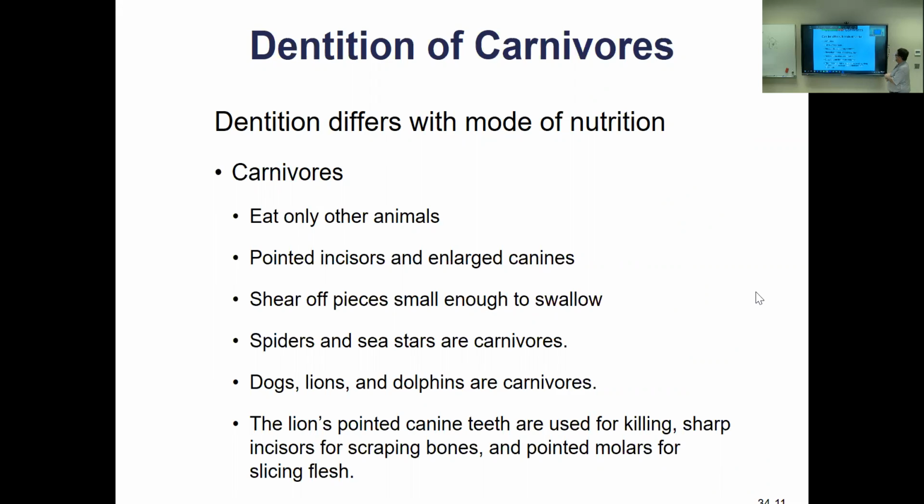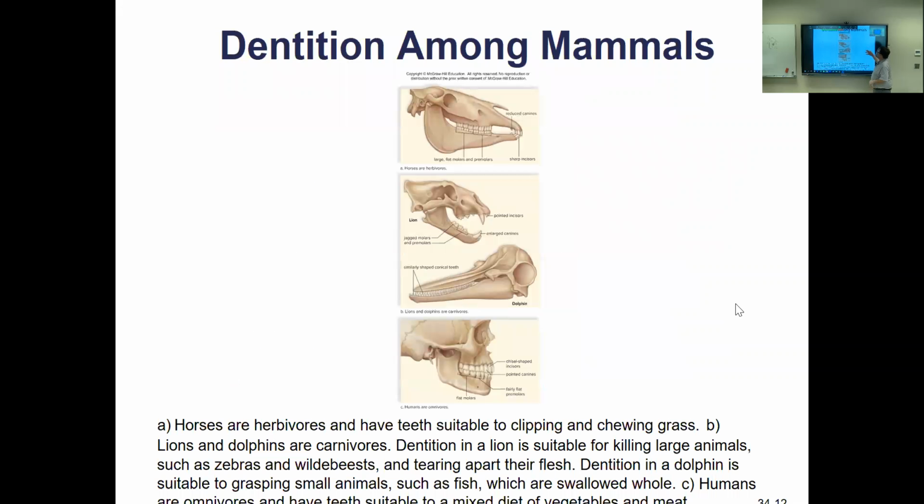They eat only animals, lions, obviously. But did y'all know this? Dogs are carnivores too. Probably why they want to chase everybody. But their DNA says eat. Okay, and then dolphins are carnivores. The beautiful dolphins are carnivores. Okay, that's pretty cool. They like to eat meat, and their teeth are accordingly for that. There's the horse. When you see the indentation, mainly molars and premolars. Okay, then look at the lions and the dolphins with the big pointed teeth that they grab the animal with as they kill it, right? And then ours was a nice little mix, right?